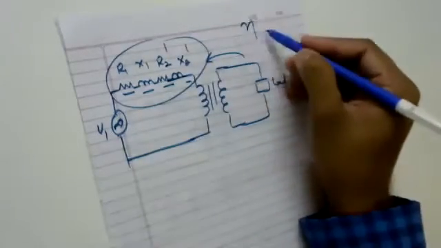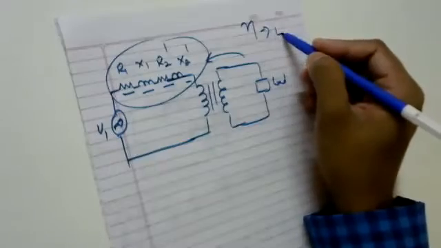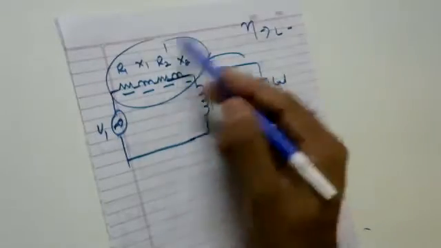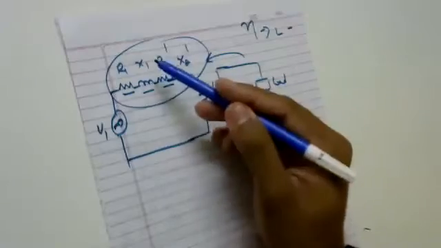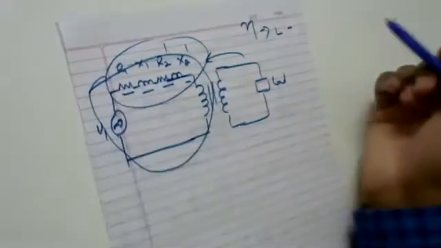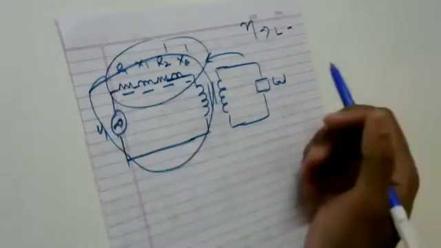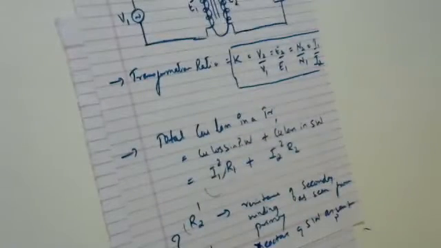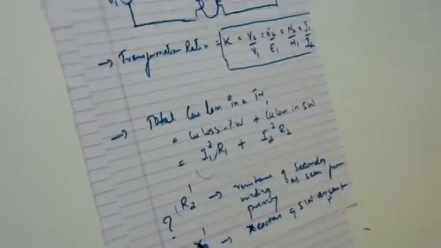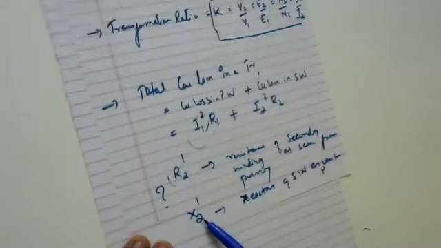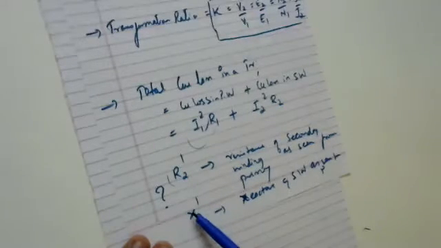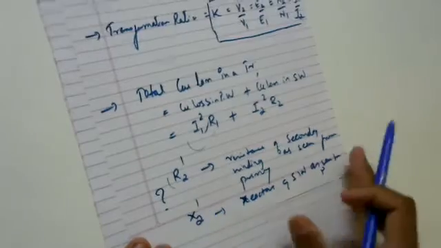As you know, efficiency depends upon losses. If I want to compute these losses, I have all the parameters in a single circuit. So if I analyze this circuit, I am able to analyze my transformer. I hope my statement is clear to you now. Okay, now, as we have defined R2 dash and X2 dash: what is R2 dash? It is the resistance of the secondary winding as seen from the primary winding. What is X2 dash? It is the reactance of the secondary winding as seen from the primary.